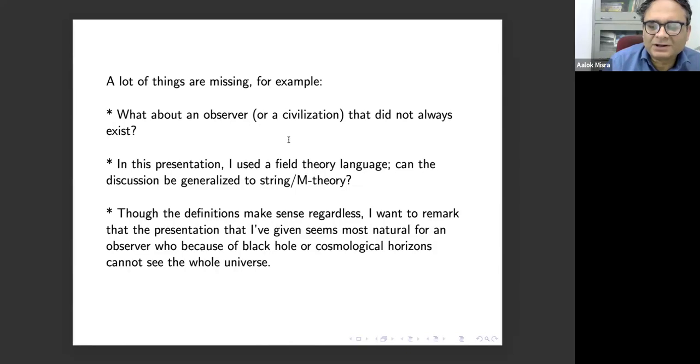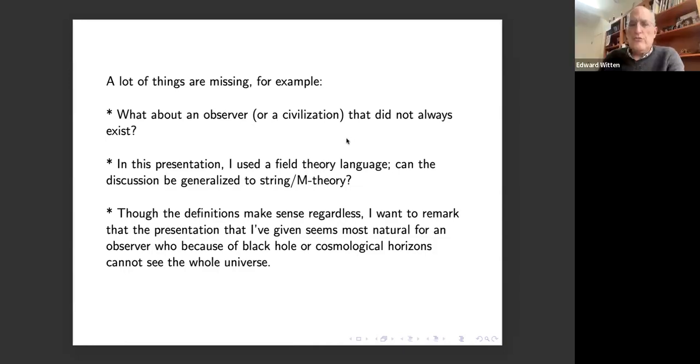It says the question is, would a background independent algebra for observers in de Sitter with an initial Big Bang singularity be any different, or even any singularity resolved initial state? Well, as I said, I don't understand how to adapt the discussion to a civilization that didn't always exist. So naively, it was crucial to get something interesting. It was crucial to have this constraint that shifted the proper time by constant. And